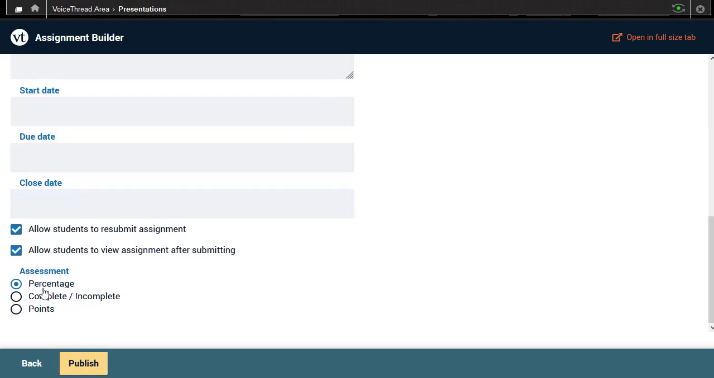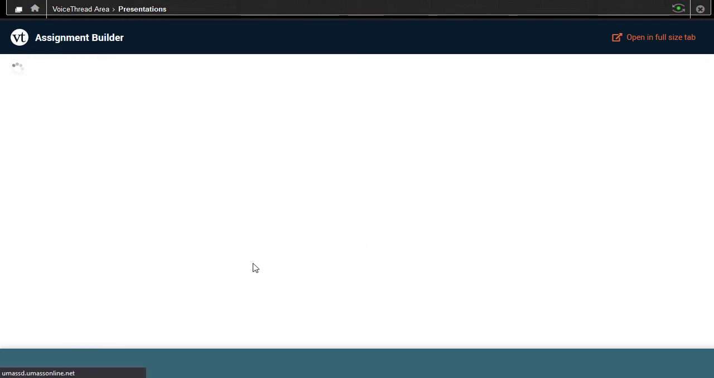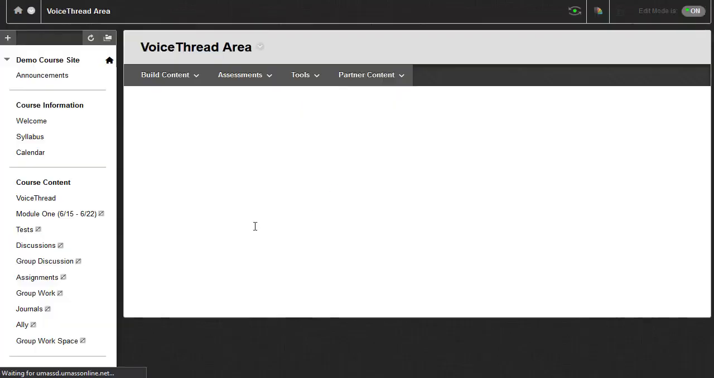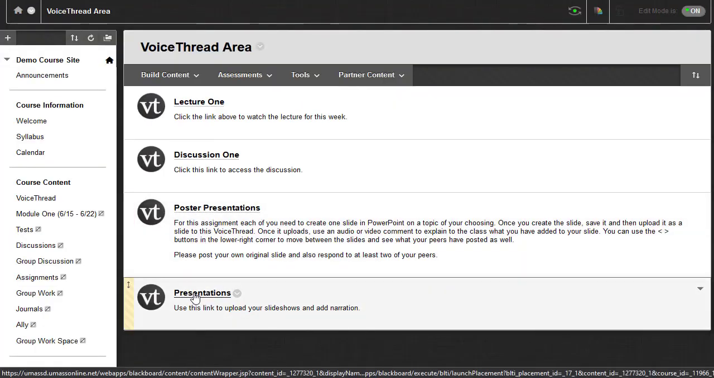At the bottom of the page, you'll see assessment options where you can choose to grade with percentage or points, which should be familiar where you type in a number grade, or you can do complete/incomplete where you evaluate students simply by saying whether or not they completed the assignment. I'm going to leave it on the default percentage, and then I'll click Publish. And that's it. Now when I come back to VoiceThread area, I'm going to see my new presentations VoiceThread link,